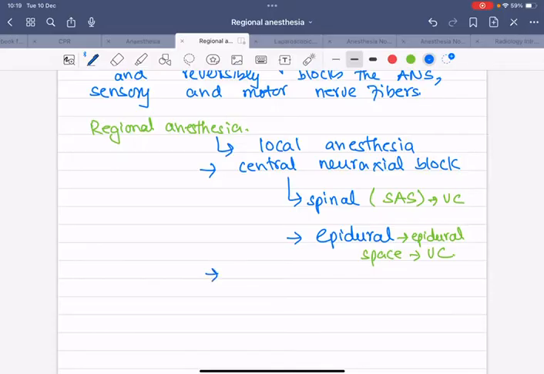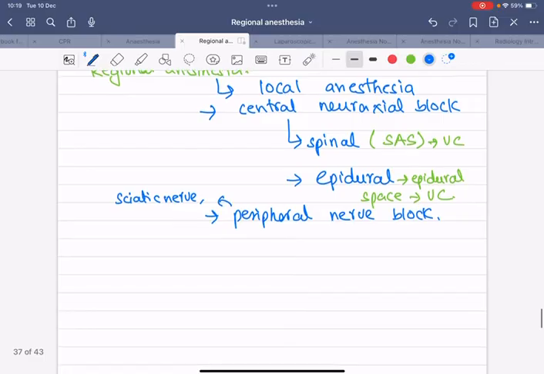And then we have peripheral nerve blocks also. So I can block any peripheral nerve, for example sciatic nerve, femoral nerve, axillary nerve, any nerve, etc. This is known as peripheral nerve block. Okay, so first of all we are going to discuss local